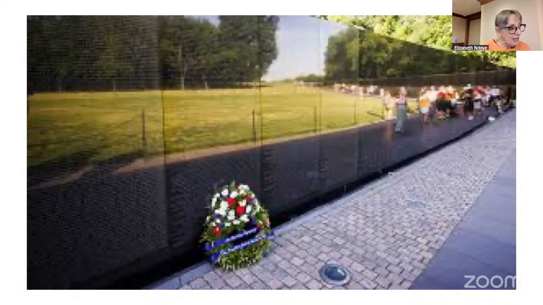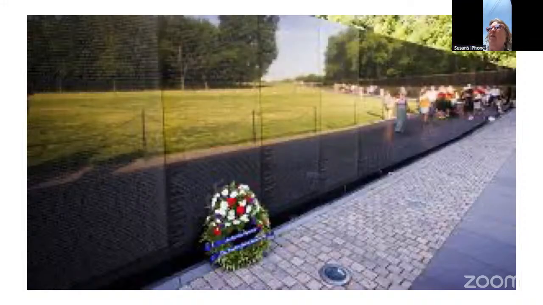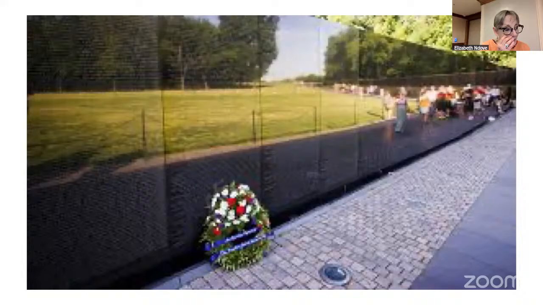The American Institute of Architects poll ranked the memorial number 10 on a list of America's favorite architecture, and it is now one of the most visited sites on the National Mall. It's expanding, and it now serves as a memorial for the veterans of the Afghanistan and Iraq wars.